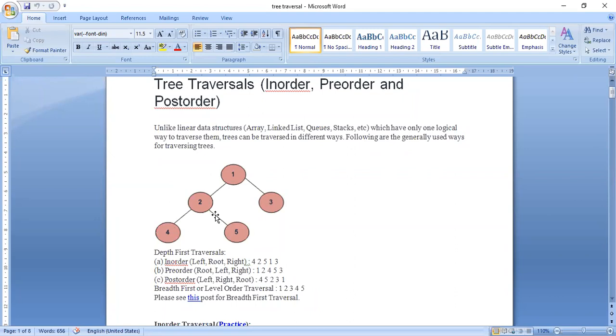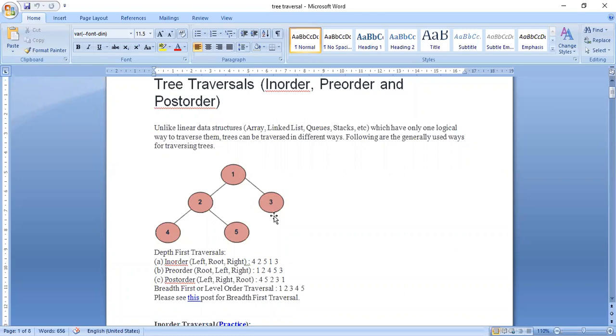So what is the post order traversal? First left child, next right child, next root node. So you can see 4, 5, 2. The whole left subtree is over. Visiting the left subtree is over. Next, what will I do? I will come to root node 1.